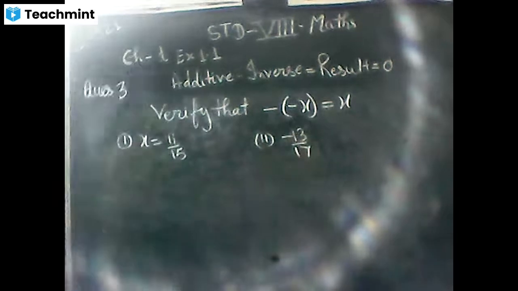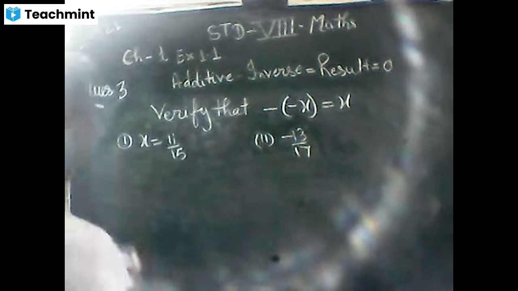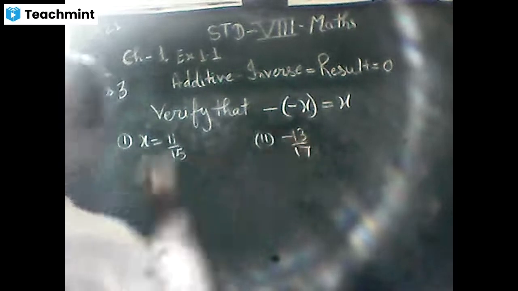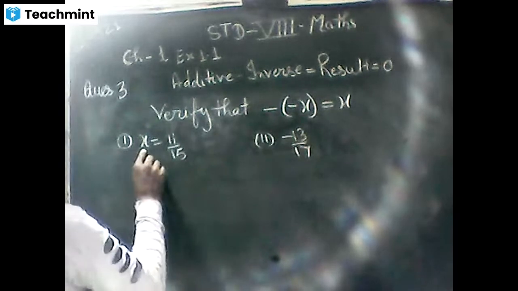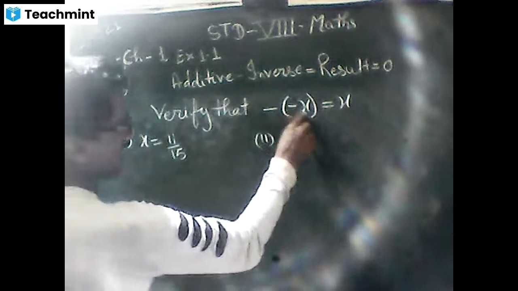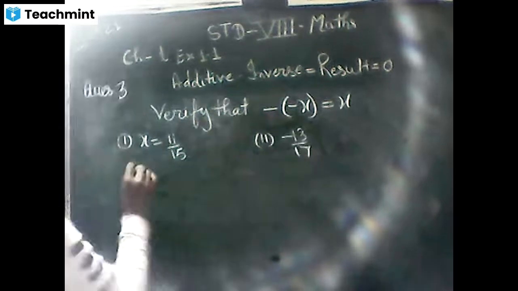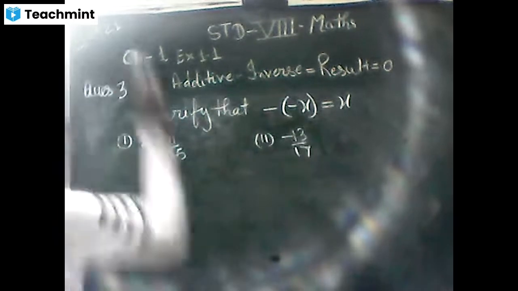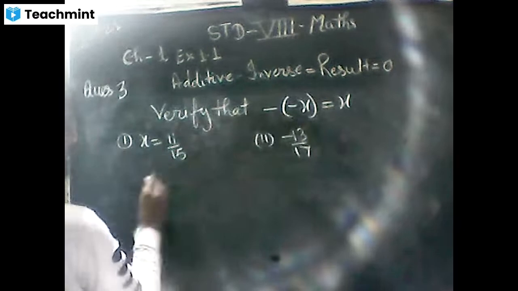So we have to verify them by using this step, that it is our x and it is written minus x. If we use the next problem, x and minus x,